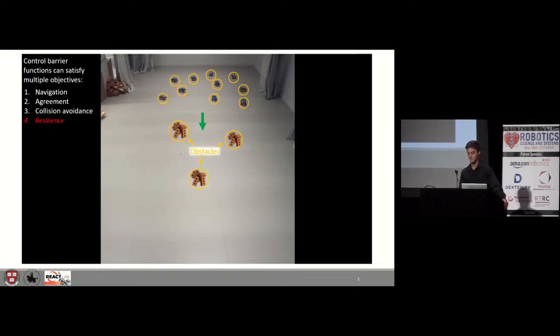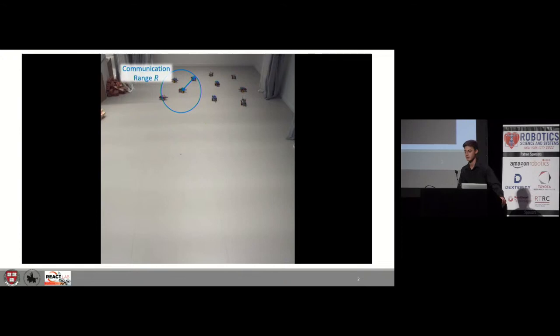Now, as I mentioned, the addition of a resilience constraint, which attempts to fortify the team's communication network to protect it from vulnerabilities, will be the main focus of this work, as its inclusion adds new interesting challenges for control barrier functions. We assume that robots can communicate with each other if they're within a certain distance r from each other, allowing them to form a network such as the one shown here. However, malicious robots within the network may be able to compromise the performance of the team by tampering with the information they relay to others.